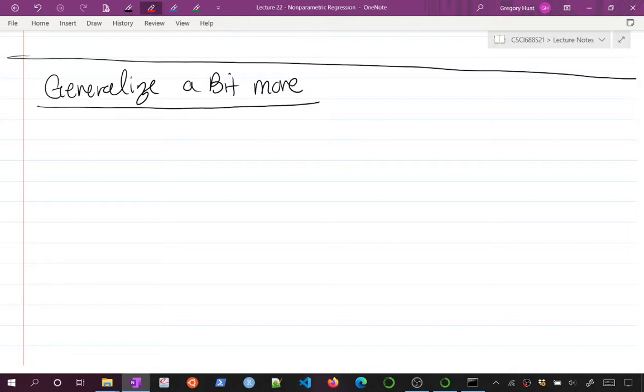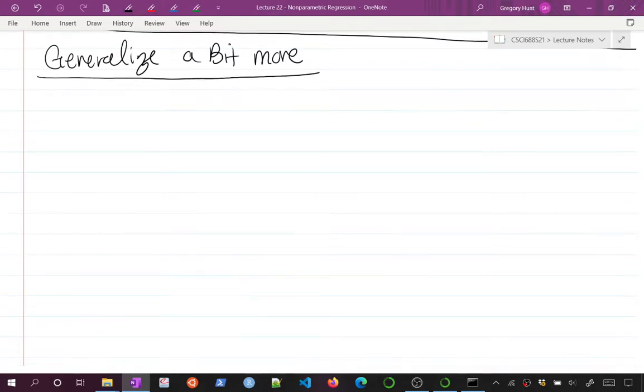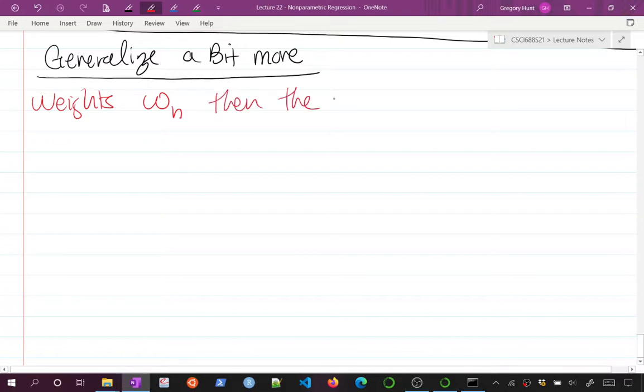And I want to do a real quick review of a couple concepts that we've hit so far, right? If I have weights Wn for each of my data points, then the weighted average of my Yn's,